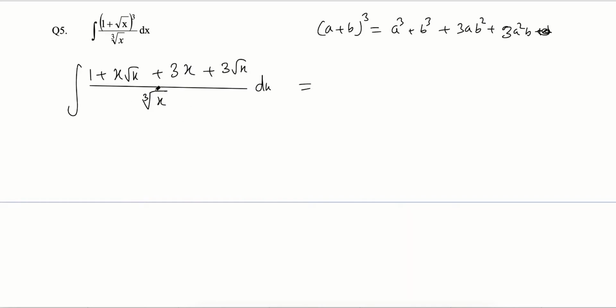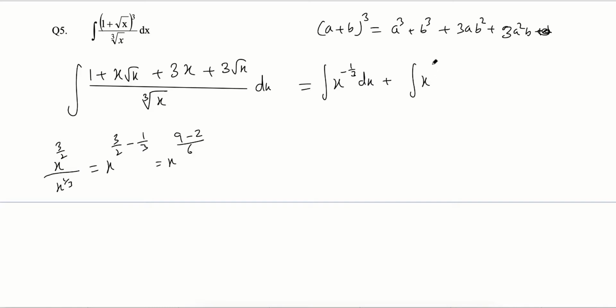Now nothing, we just have to divide and start the process. If I divide here, I will get x power minus 1 by 3 dx. I am sure all of you agree with me. If you divide here, watch it. This is x root x, which means x power 3 by 2, and this goes in the numerator. This is actually x power 1 by 3, so this will go in the numerator. It will become x power 3 by 2 minus 1 by 3. LCM will be 6, correct? So that will become x power, 9 minus 2 over 6, so 7 by 6 if my calculation is right. x power 7 by 6. You can see it's just calculation, nothing else.